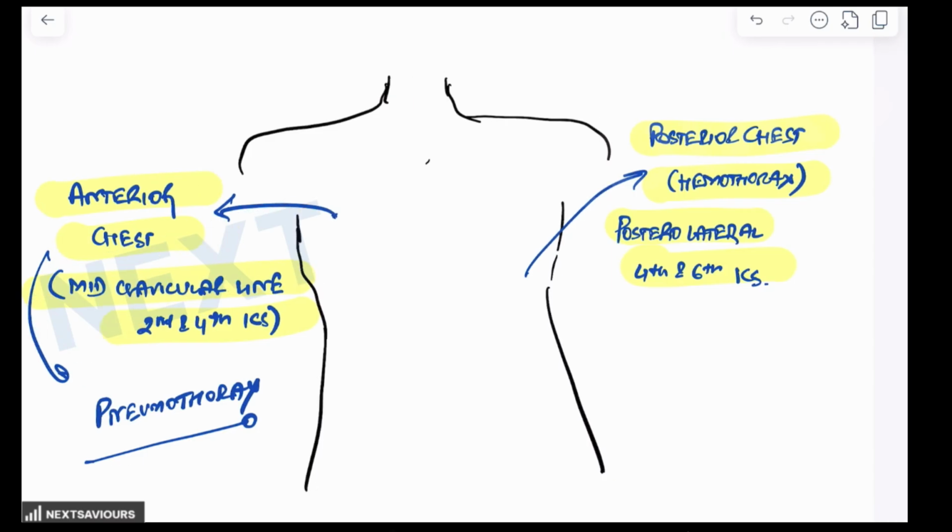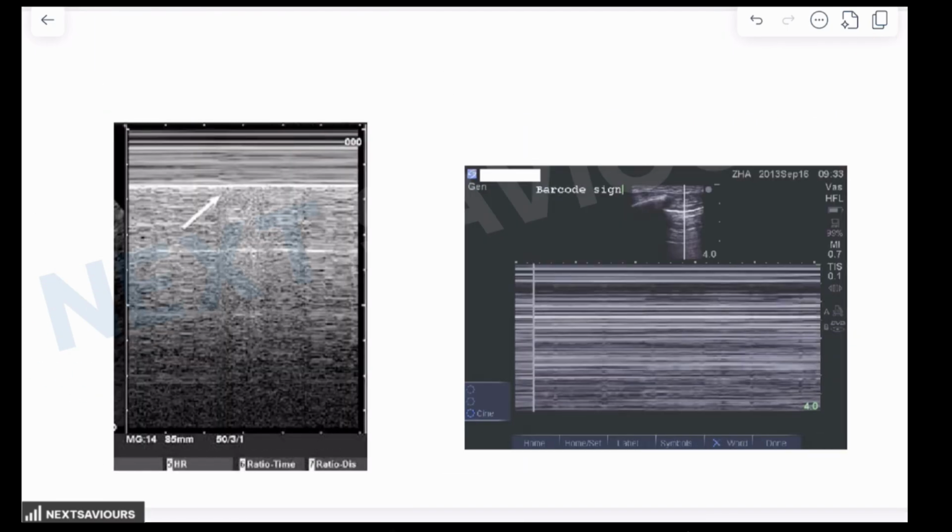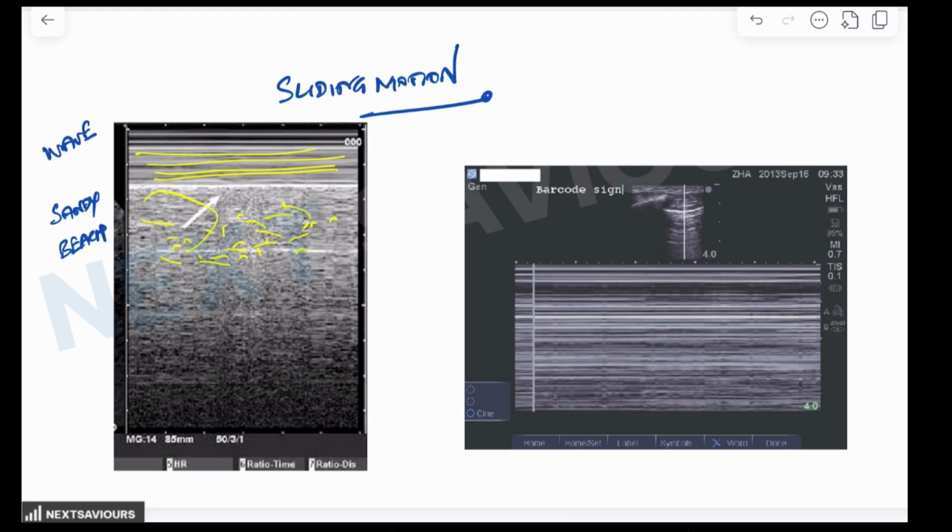Now, interesting are the features related to what is being identified on the pneumothorax as a finding. You see, normally the visceral and the parietal pleura move together with the respiration, thereby creating a characteristic sliding motion on the ultrasound. Now, in the M mode, you see the upper chest where the straight and parallel lines are visible, so they appear like a wave, while in the lower part, which is lung parenchyma, this grainy pattern